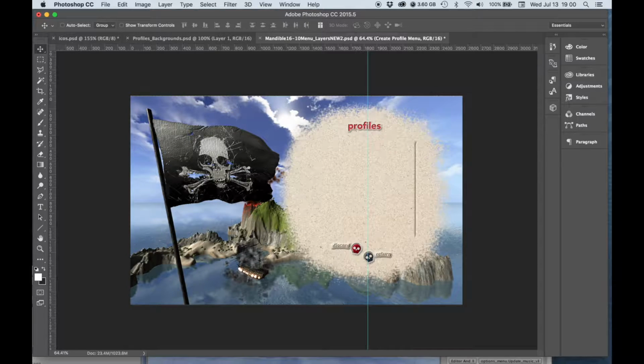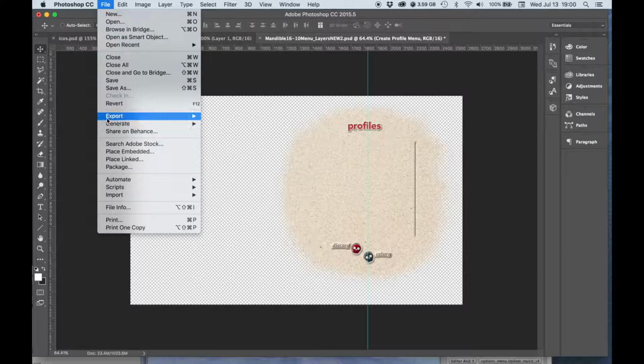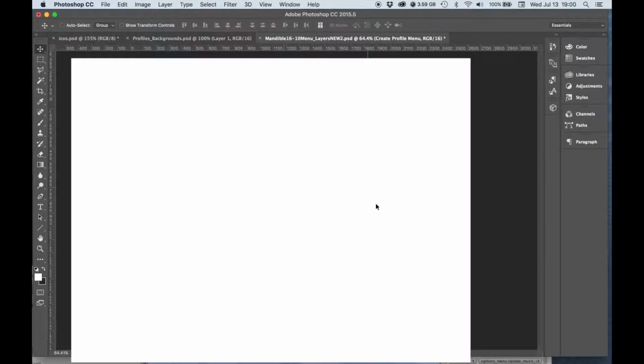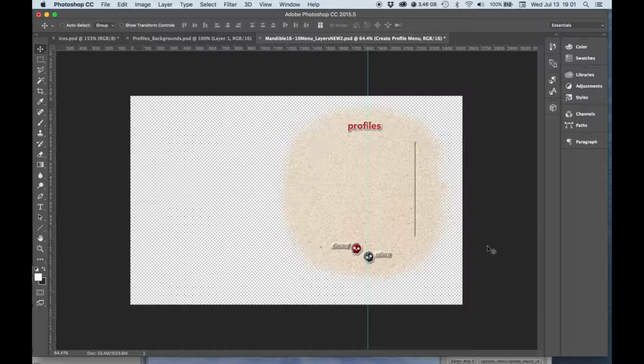So I'll show the profile menu. And again, when I export this as a PNG, I turn this background off, and then I go ahead and I go to export, and I use the Save for Web Legacy version, and make sure it's a PNG 24, and hit save. And I'm not going to do that now because I don't want to replace what I've got. But so here's the profiles menu,